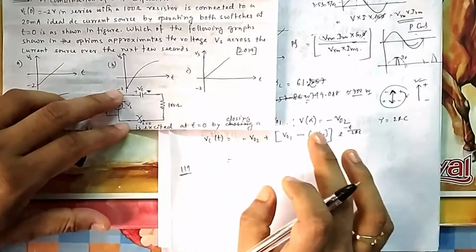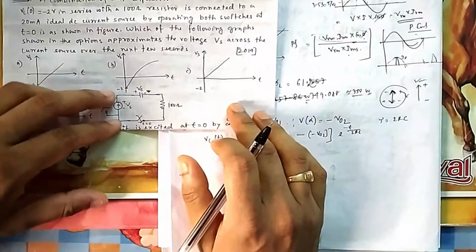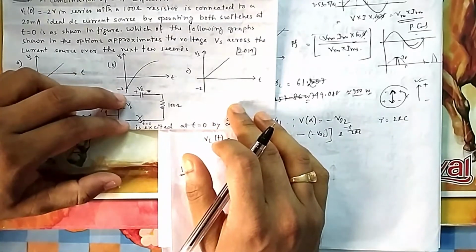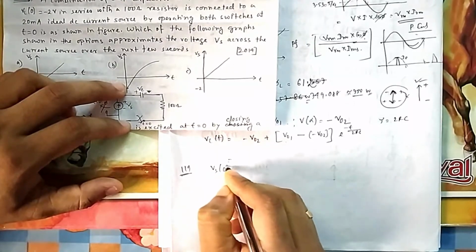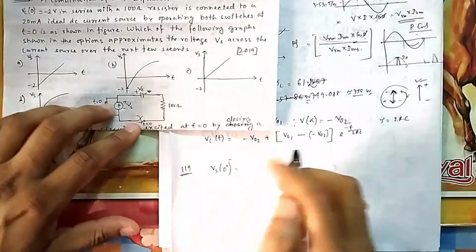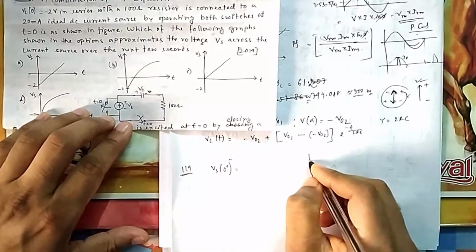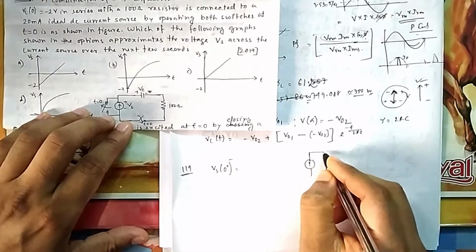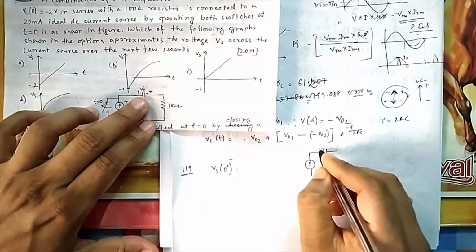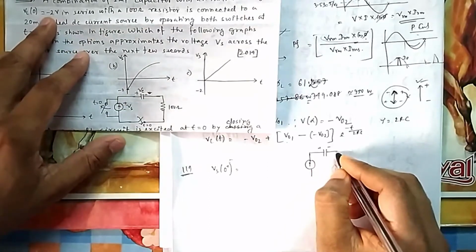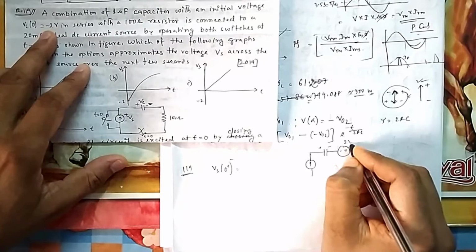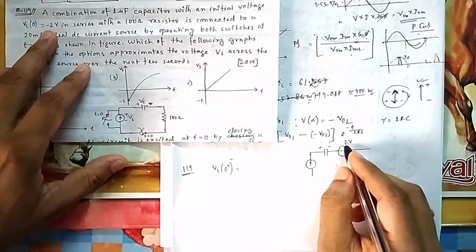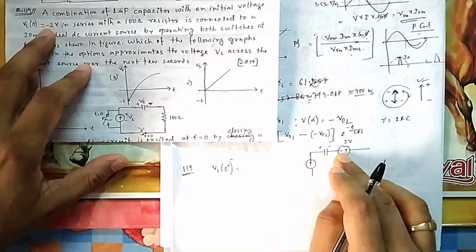Now again you can use this mantra, but for that you need Vs initial and Vs final. So let me see whether I got this or not. If I want to get Vs at 0 plus, the initial condition, because the capacitor is charged, let me draw the circuit here for your reference, so it will be easy for you. This is my capacitor Vc with this plus minus, but they have given minus Vc to you, so the direction will be changed, minus plus. This is 2 volt, or if you write plus minus, then it should be minus 2 volt, because I have changed the direction.